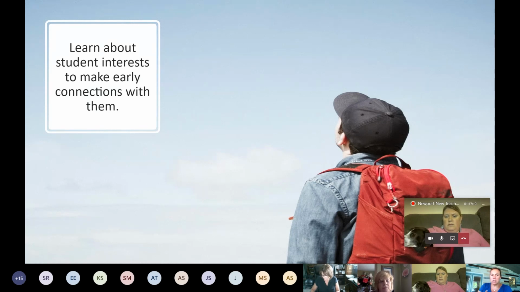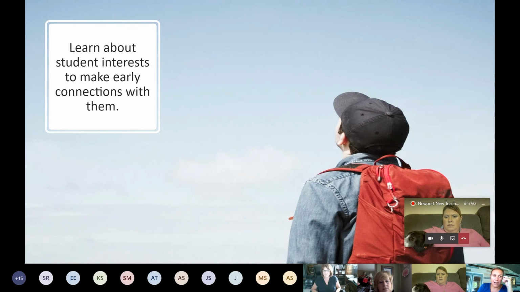We also have to take time to learn about them. So think about how you figure out and get to know your kids. What are they interested in? There are lots and lots of different get to know you activities that you might do at the beginning of the year. We still want to do those in a virtual environment, okay? Whether it is 2 truths and a lie, or a scavenger hunt, or you send something home to parents and they have to submit an assignment on Google Classroom, which I think would be awesome, where they answer questions about their kids, have the kids interview each other and share with the class.